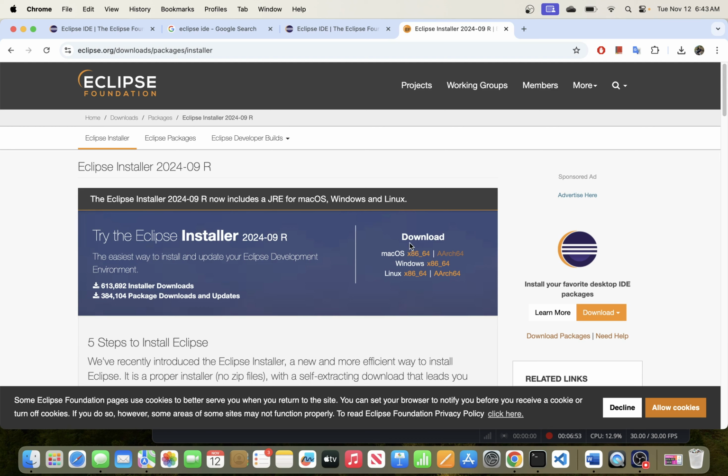And the version that we want to download here, so you have Mac here, and you do have two versions for Mac. You have this one for x86 and then this one for AArch64. Now the difference between these two is that you download the first one if you're running a macOS that is using an Intel chip, and this other one if you're